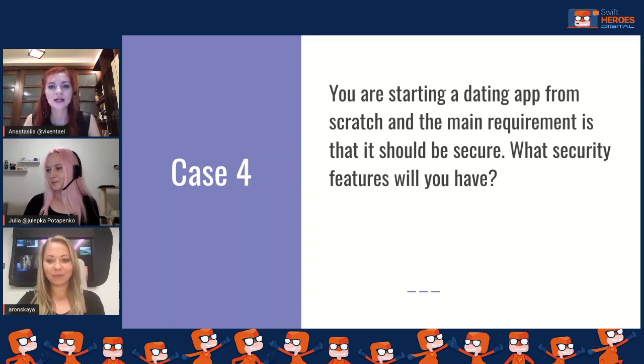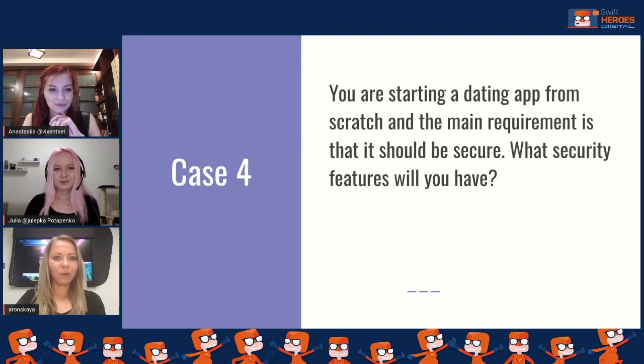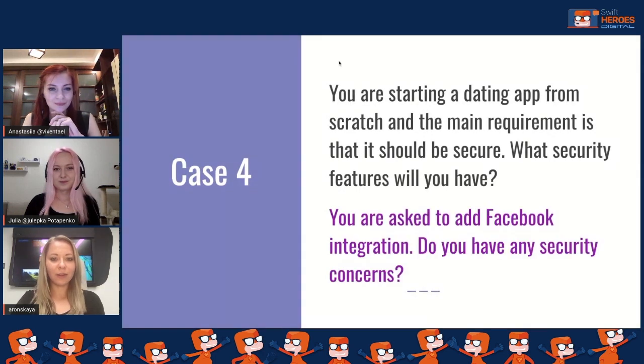Also try to imagine that you're not an engineer but a product manager, a person responsible for features in this application. Think that you're a product manager in product security. What features will you have? What security controls will you have? Maybe, Julia, can you switch to the next page? Let's show the complicated version because we don't have a lot of time.